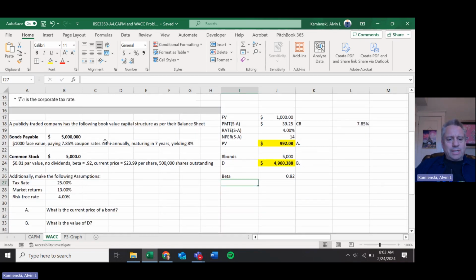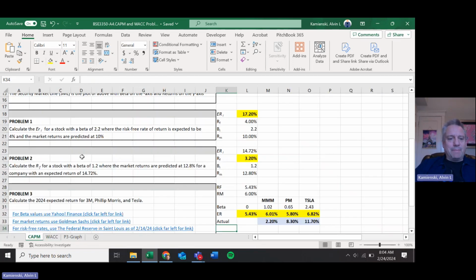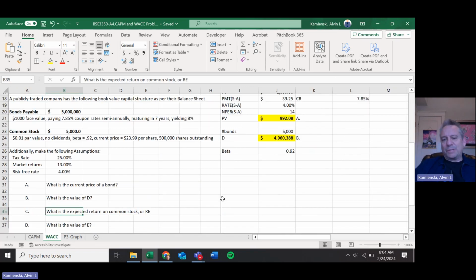And let's see, did I notate it as RE over here? I think I did it in a slightly different way. Yeah, RE. So just be careful with the differences in the way that the nomenclature works, because when we were doing CAPM over here, it's ERI, but they're all just expected return is what they're trying to tell you. So let's see if we can come up with the RE as we labeled it here,